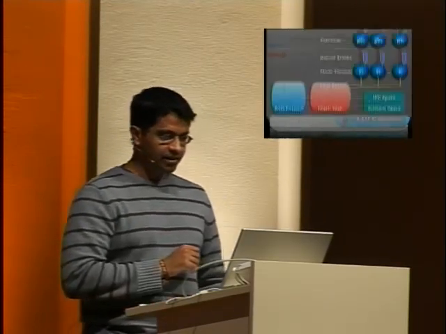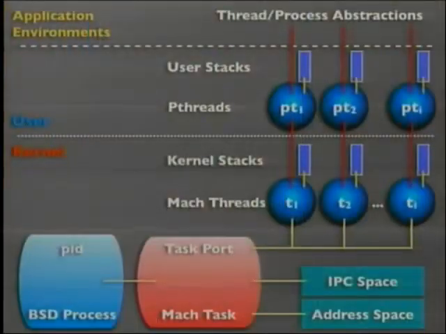So that picture looks like this. What you see as a process and what you see as a process ID is essentially just some syntactic glue on top of a Mach thread, because the Unix side has to be happy. The rest is what I showed in the earlier slide: you have pthreads in user space, they have their own stacks, there's a one-to-one mapping, you have Mach threads in the kernel, they have their own kernel stack. All of them belong to this Mach task. And the task is really this giant container which contains what actually concerns us here, the virtual memory of your program.